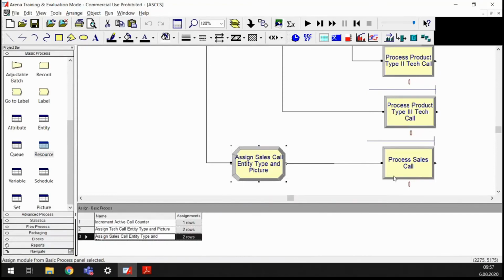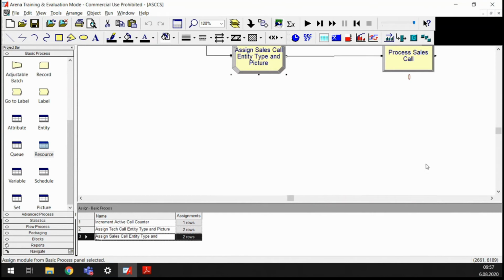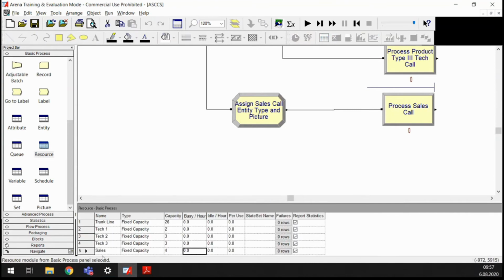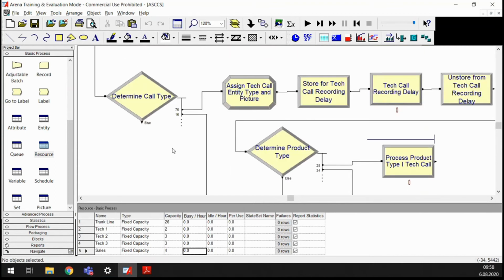Okay, so we have the process sales call here, and anybody who leaves this process is going to exit. And again, we have changed the number of sales resources to 4. Now, what is the next thing to do? Now, we are going to deal with the processes of